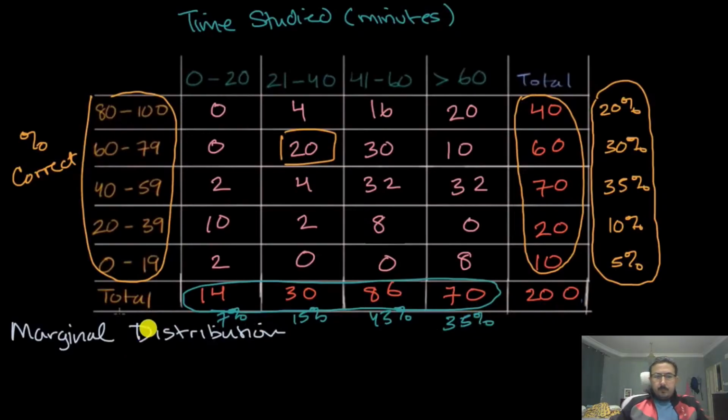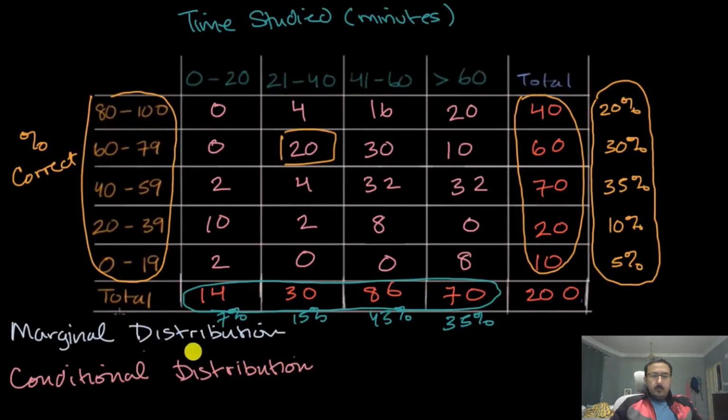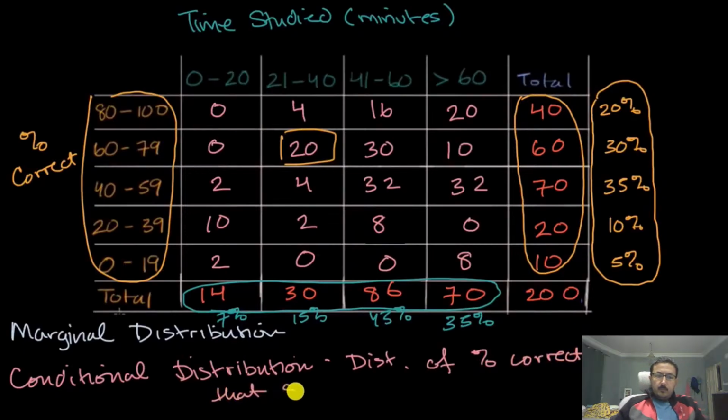Now, another idea that you might sometimes see when people are trying to interpret a joint distribution like this, or get more information or more realizations from it, is to think about something known as a conditional distribution. And this is the distribution of one variable given something true about the other variable. So, an example of a conditional distribution would be the distribution of percent correct given that students